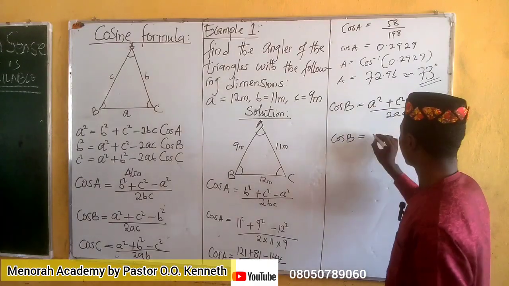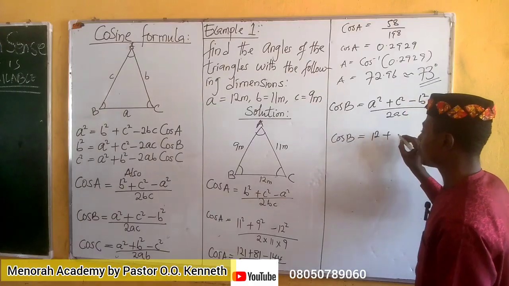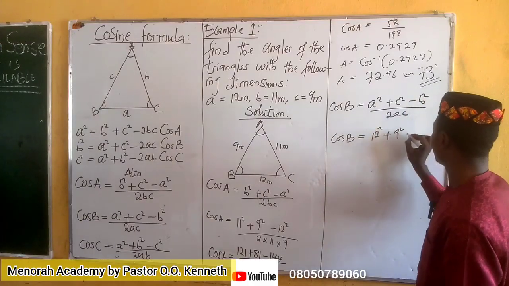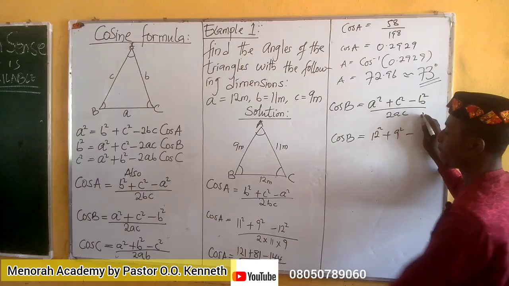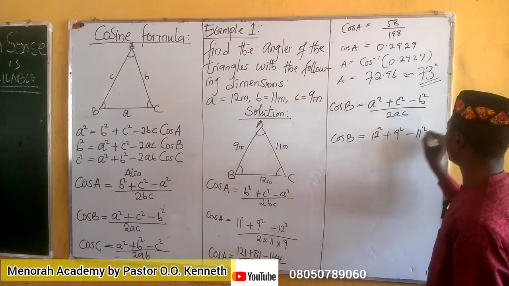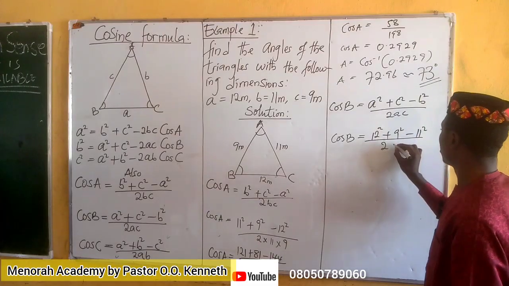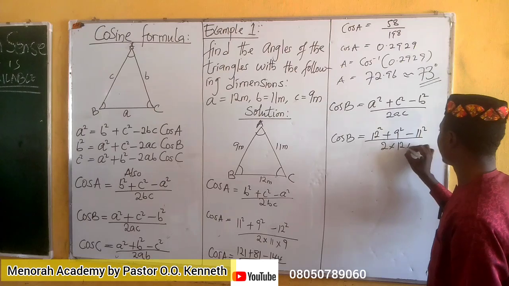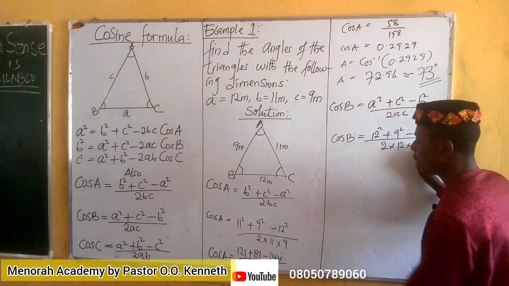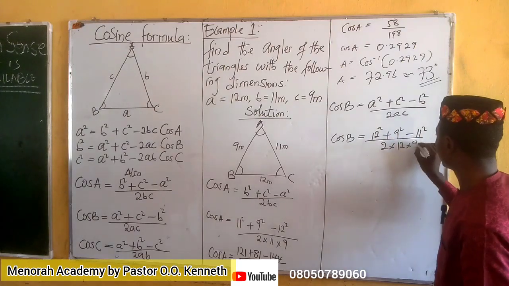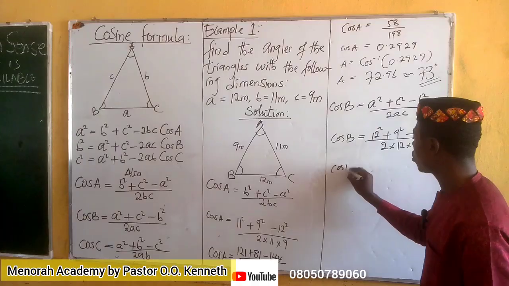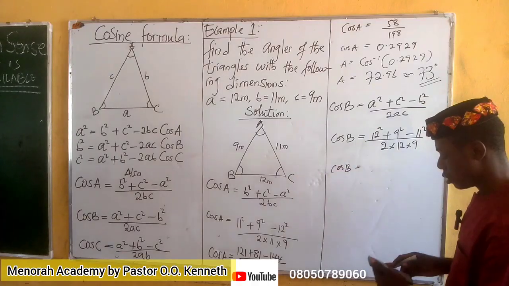Our A square is already 12. Then plus our C is 9. All of them are squared, minus our B. Our B is 11 square. All over 2 times our A, which is 12, times our C. Our C is given to be 9. We have 9 there. So our cos B will be equal to our 12